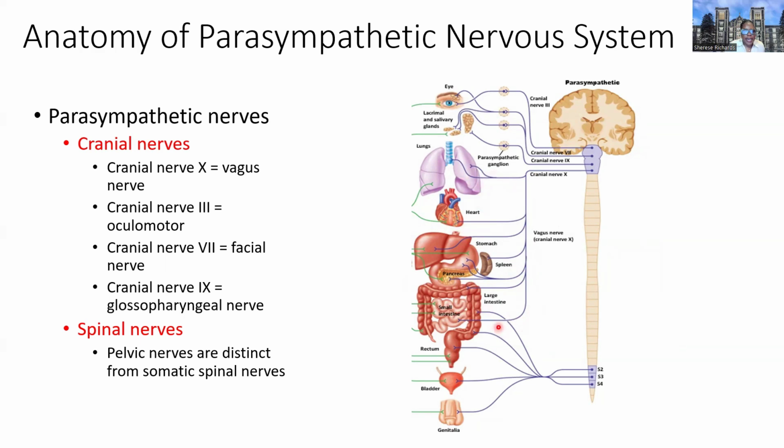Now, when we look at the sacral region, the spinal nerves here are different from somatic spinal nerves. When we think about the somatic nerves in the area, like the sciatic nerve, the lumbar nerves, etc., those are going to be innervating muscles of the lower extremities. But the sacral spinal nerves here, the pelvic nerves, are going to be innervating the glands and organs in the pelvic cavity. So this is S2, S3, S4 that will innervate parasympathetics to these glands.